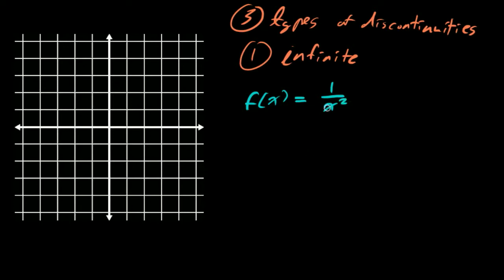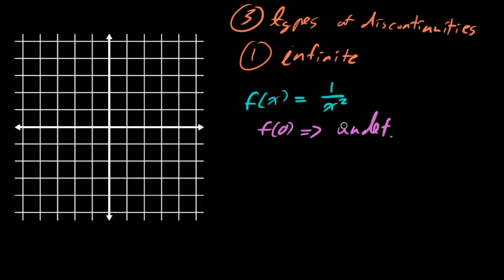Now I want you to think about what this function looks like. You can think about it as saying, if we get really small numbers in here and we square them, as we get really close to zero. First off, we know that we've got a discontinuity. The first thing I want to say is that we know we have a discontinuity here because we know that f of 0 is